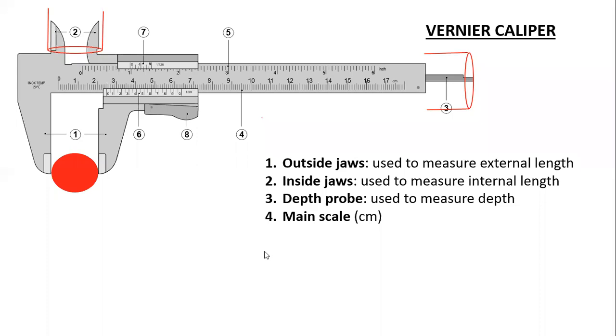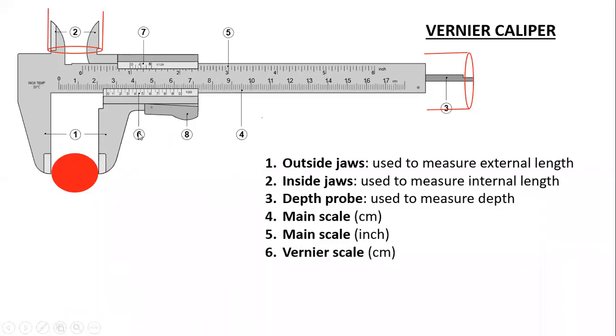Okay, then the next one. The fifth one is again your main scale, but that calibration is in terms of inches. One calibration is in centimeters, so it is written over there. One calibration is the centimeter scale, one calibration is inches. So this main strip is used as the main scale.